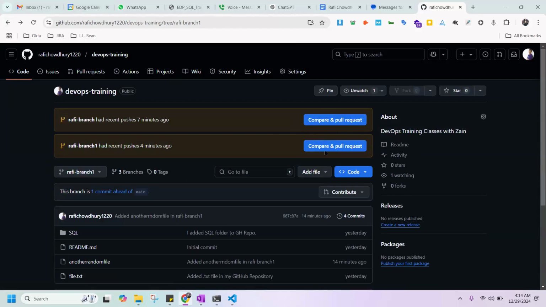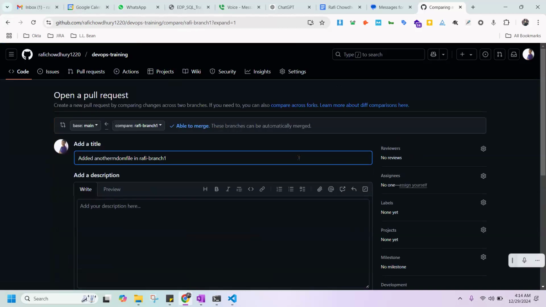Okay, let me write second one. You can go to the second one, then go to the first one, right? So what does it mean by pull request? Do you know what a pull request is?